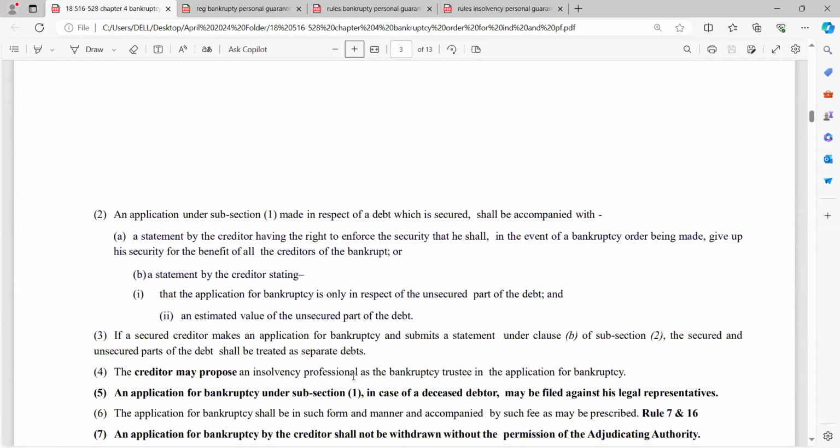Now, an application under subsection 1 made in respect of a debt which is secured. So if the debt is secured, it shall be accompanied with a statement by the creditor having the right to enforce the security, that he shall, in the event of a bankruptcy order being made, keep his security for the benefit of all the creditors of the bankrupt. So these are the two things. Either he will relinquish